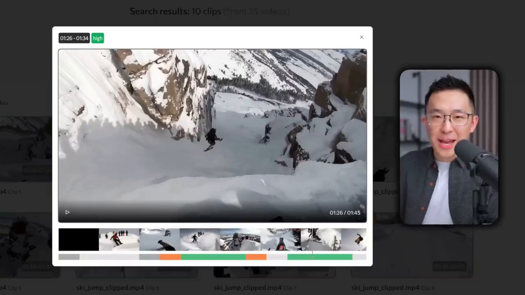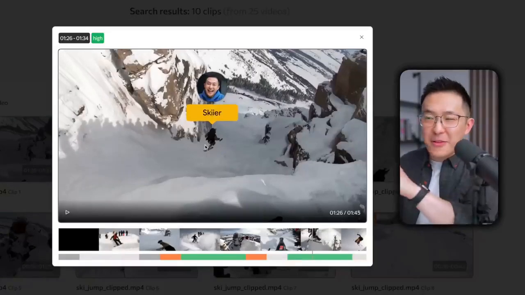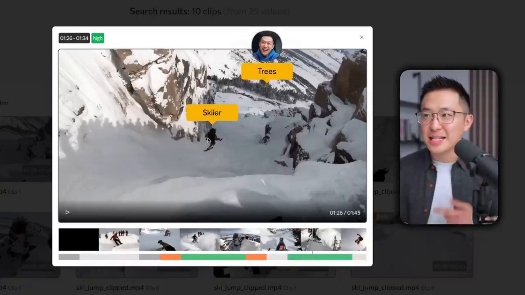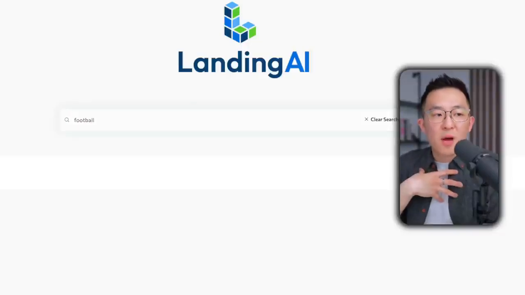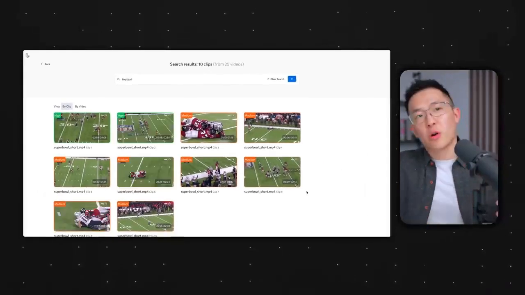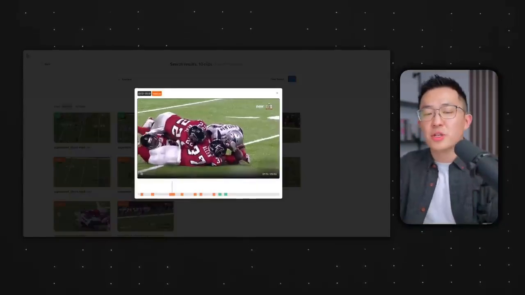Although this might not feel impressive, remember that an AI agent did all that instead of a human reviewing the footage beforehand, manually identifying the skier and adding tags like skier, mountain, ski, snow. The programming is obviously a lot more technical and complicated than what we see in the front end, but that's the point of this demo, right? The average user like myself wants a simple app that just works without me having to understand what's going on